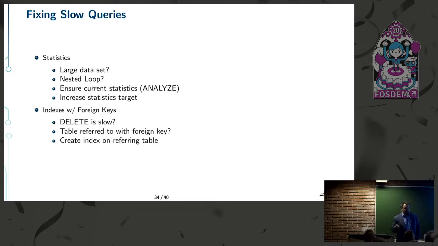So an area where maybe your statistics are looking a little bit off, for example, if you have a large data set and you're getting a nested loop. This happens from time to time with Postgres when you have not done an analyze at all on a table in particular, because by default, if Postgres doesn't see any stats for a table, it's going to assume the table is pretty small, and that it hasn't got a lot on it. And it's certainly not very interesting. So that can be a problem. But other cases can be, we just don't expect very much in the way of a result set from this table for this particular query,